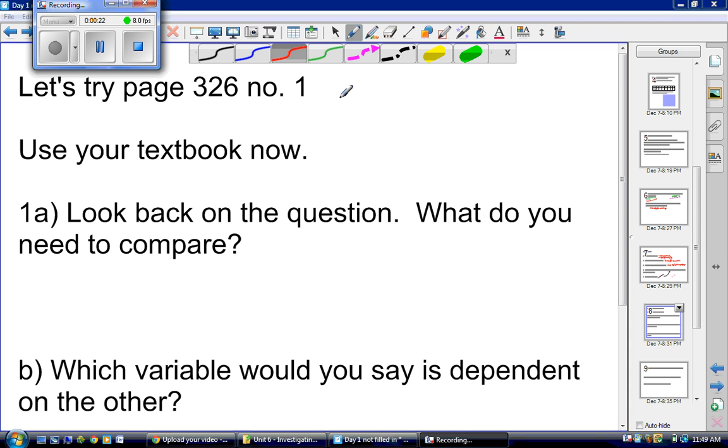Okay, so it says, suppose you were to survey your classmates to see if there's a relationship between math marks and the number of hours spent watching TV. Totally subliminal question, but I like it. So you have to think about what you're going to compare here. There's a couple of words there that tell you. If you said math marks and number of hours watching TV, you'd be right. So math marks,